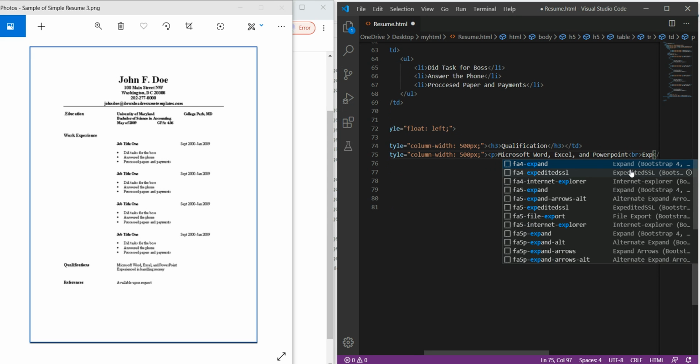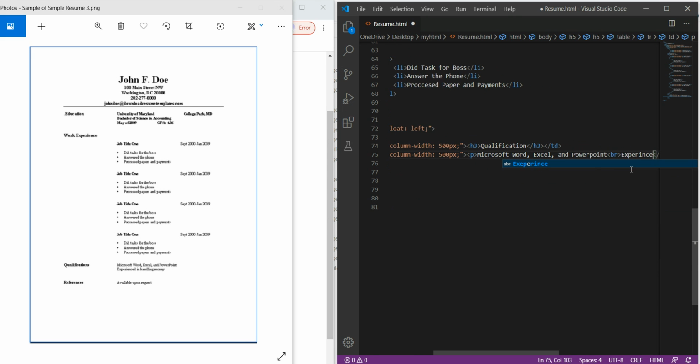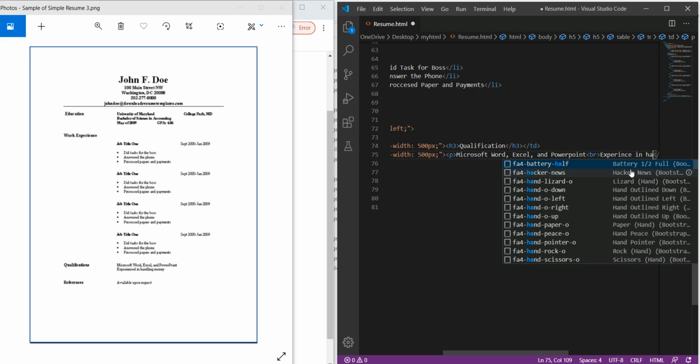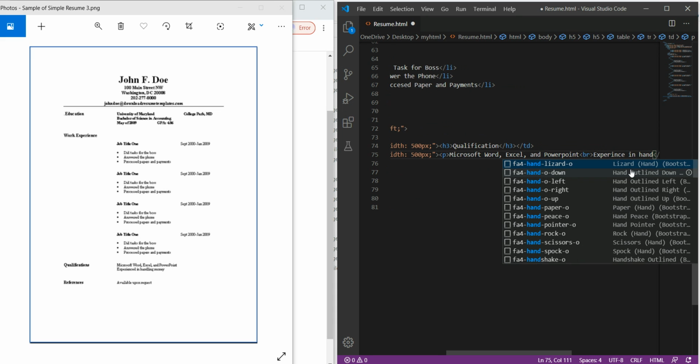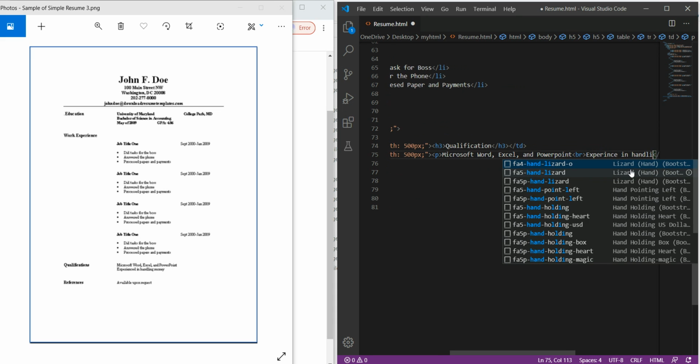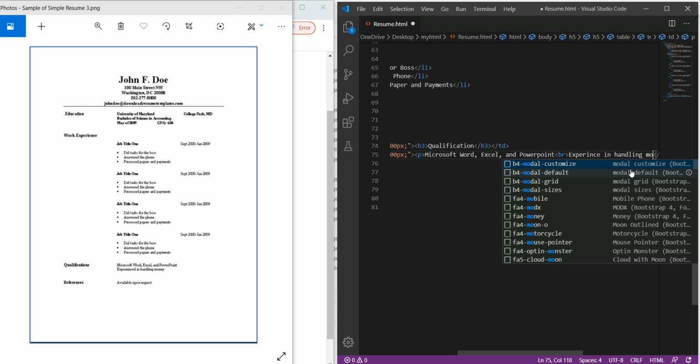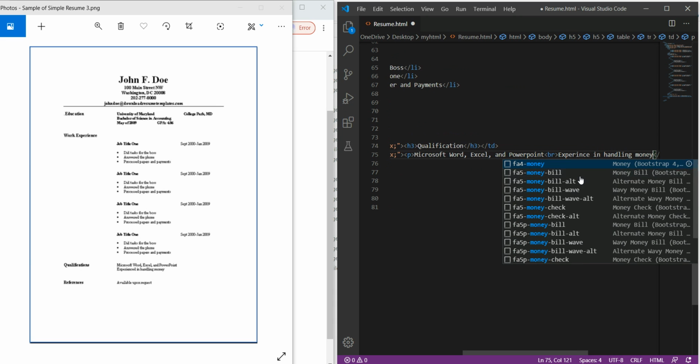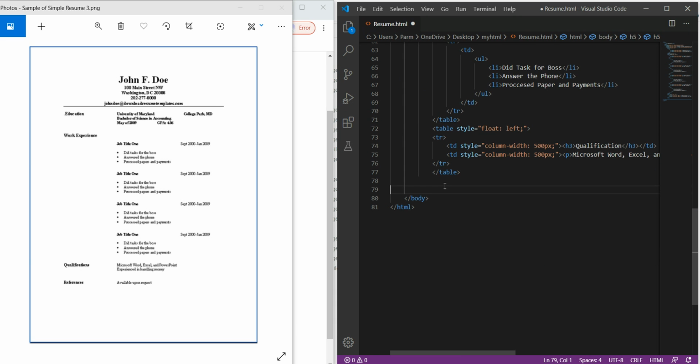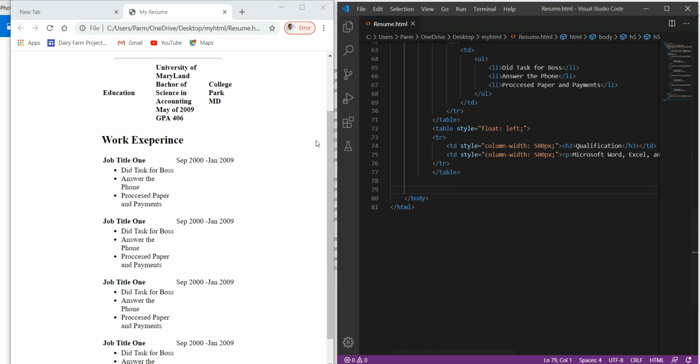Experience in handling money. Okay, so save this, cover this, and refresh over here.